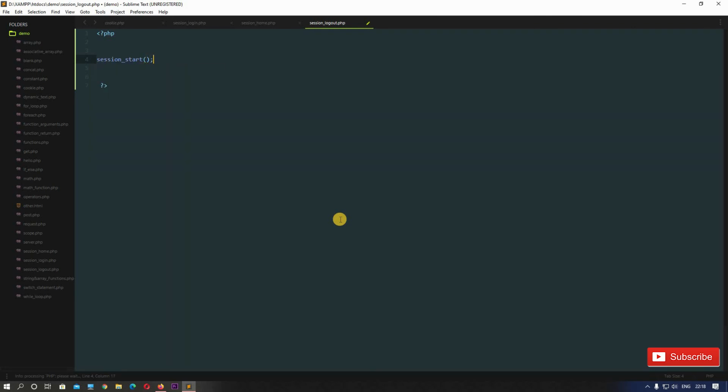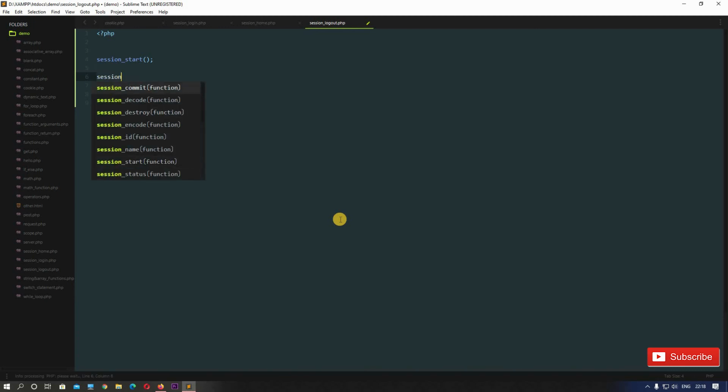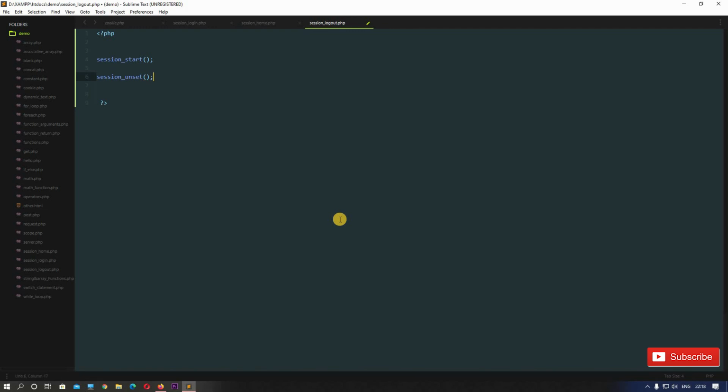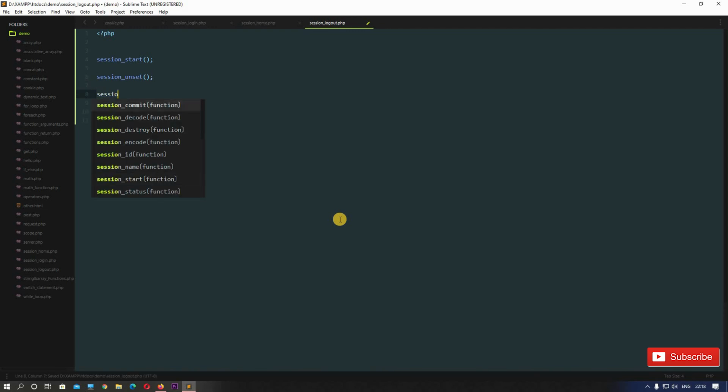Okay, so here is the function, and now another function that will unset the variables. The function is session_unset. Okay, unset, like this. This will unset all the variables, and finally we will destroy the variables: session_destroy.